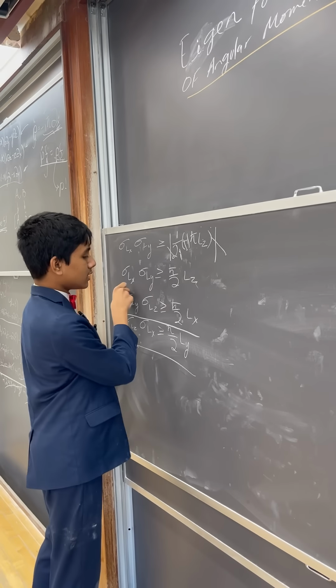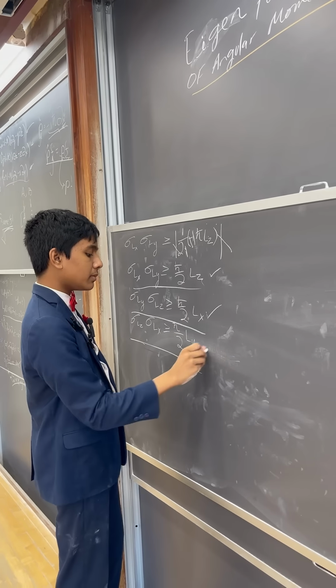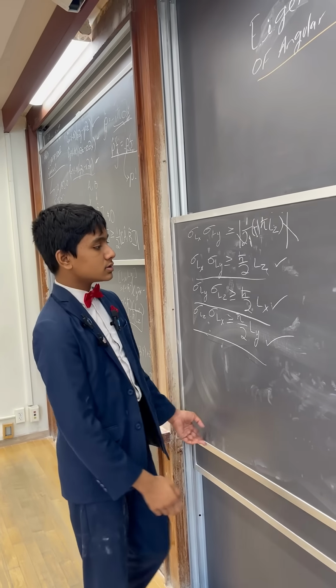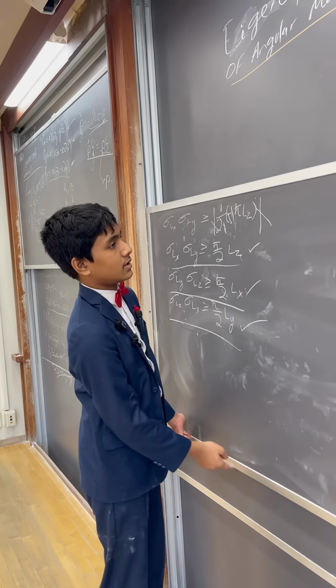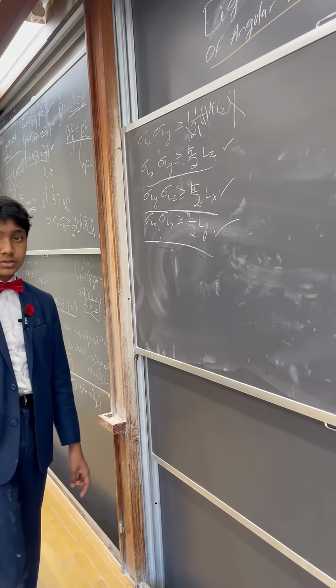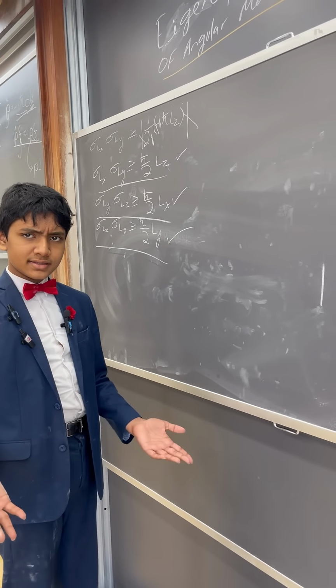All of these uncertainty principles are true by the generalized uncertainty principle we talked about a while ago. So that means what? These are not compatible observables. So what is? Well,